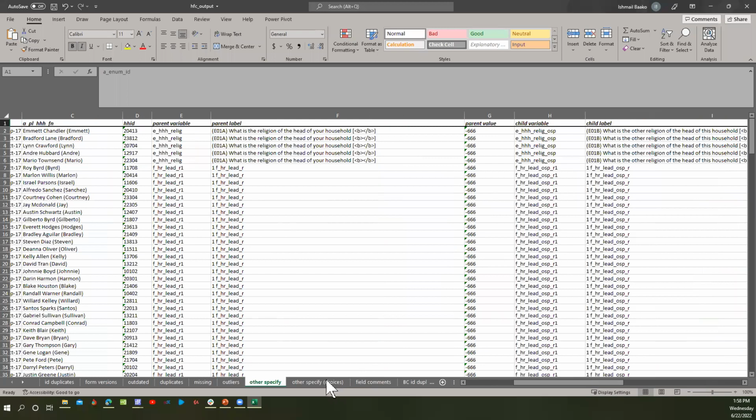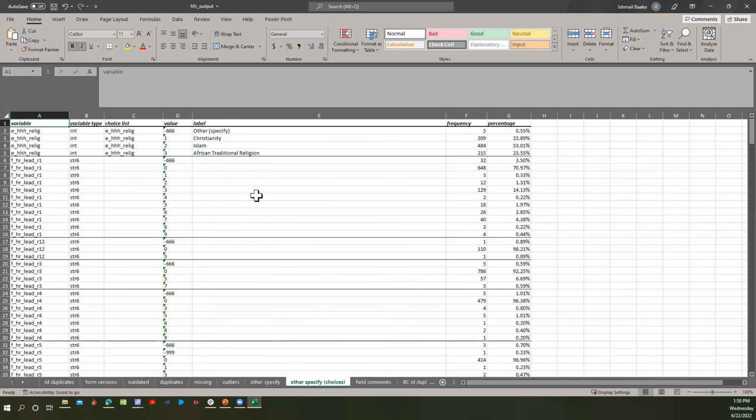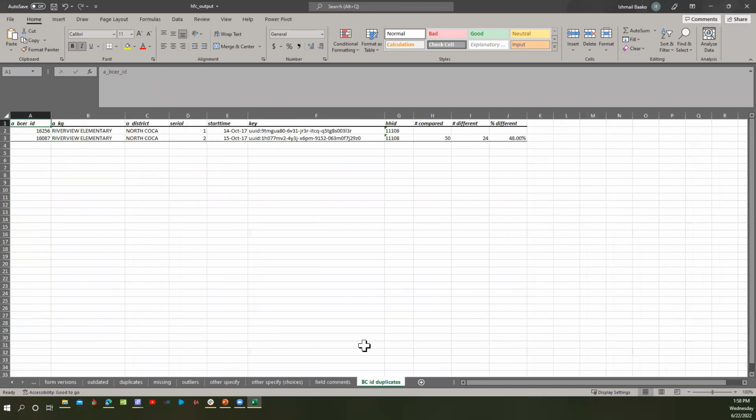For other specify, you have an additional sheet which shows you the choice list for that specific variable, the number of times each choice was selected and the percentage of time it was selected. This will make it easier for you to figure out what to recode something to. And then you have your field comments here, and we also added our backcheck ID duplicates.